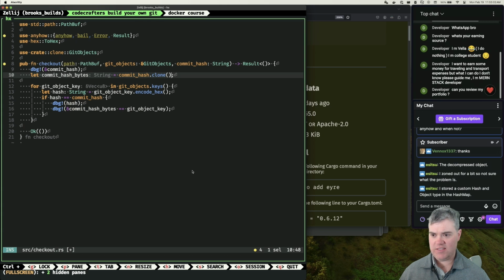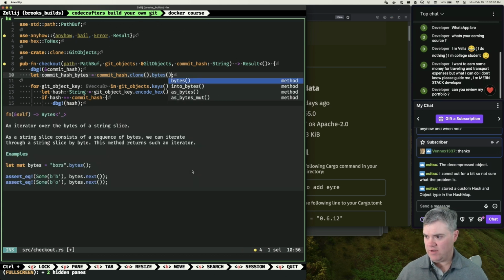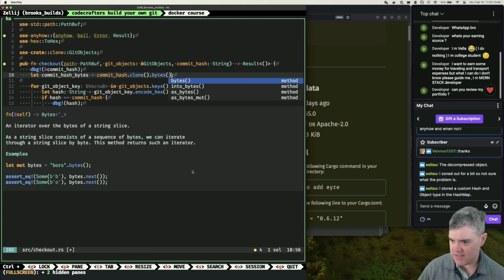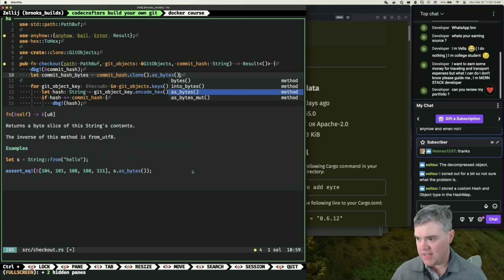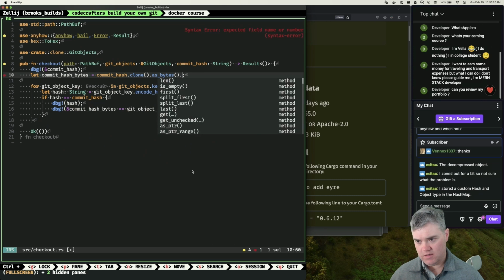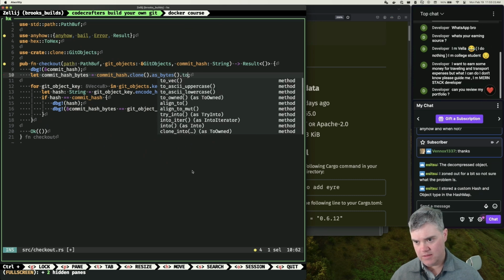So I need to turn this into bytes, don't I? I could do, okay, that gives me bytes. And then we has as bytes. If I do as bytes, to vec,